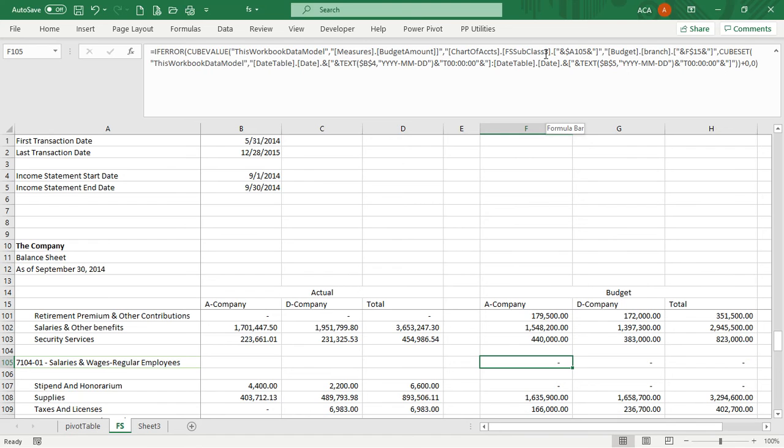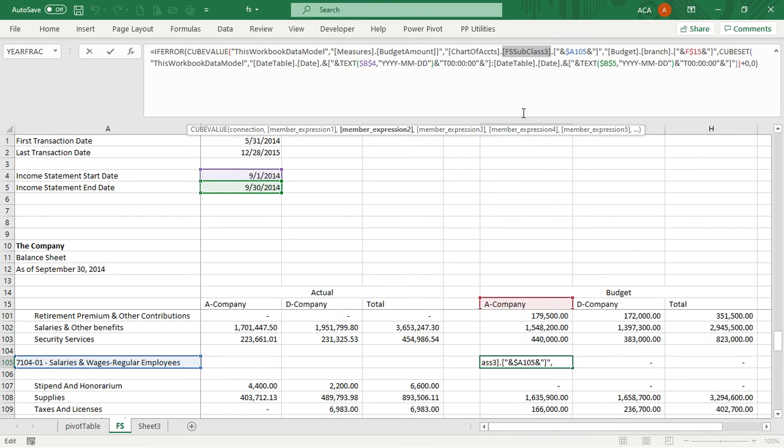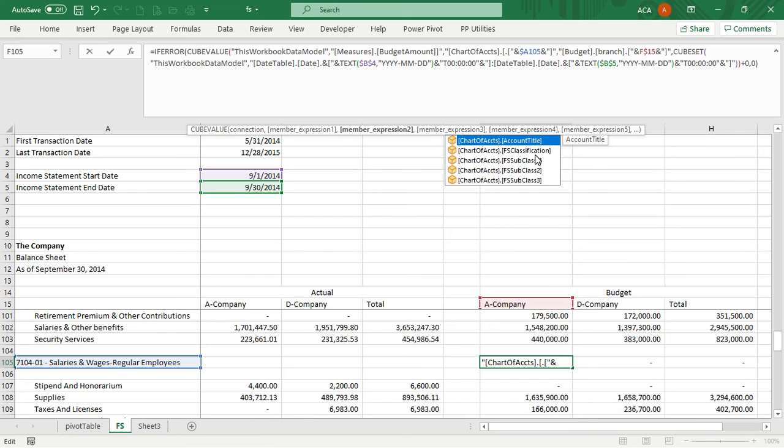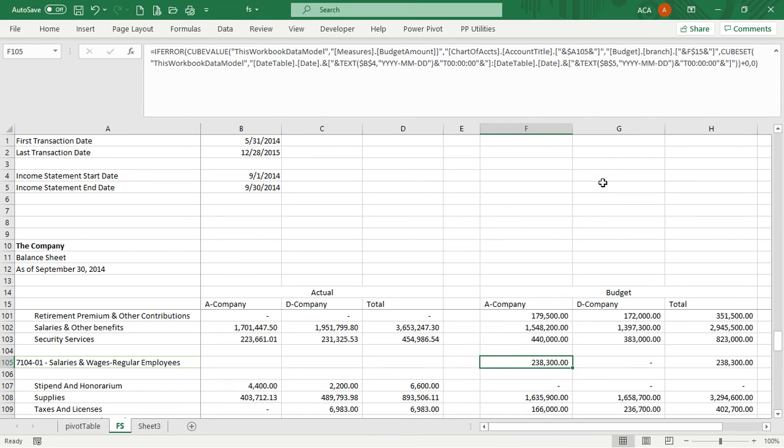But since the level of this one is no longer subclass 3 but the account title, we'll change that one to account title instead of subclass 3, then enter, and amounts will appear. So that is for the month of September